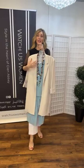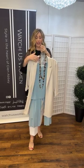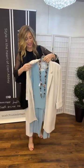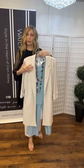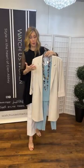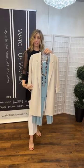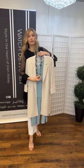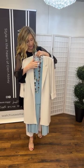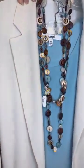And then we've taken the Simply in the stone color and have this double up pant and double up splice pant. And then we've got a tank underneath. And then for a more corporate, finished or polished look, where you don't want the cami and your arms showing, you can put your blazer on, and you have a lovely blazer here. Tie it all together with your necklace, the Caracol necklace. And I'm going to pull up closer because it's all the colors in here that really pull that outfit